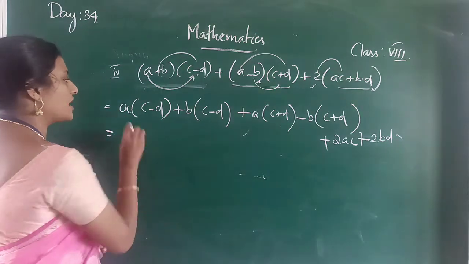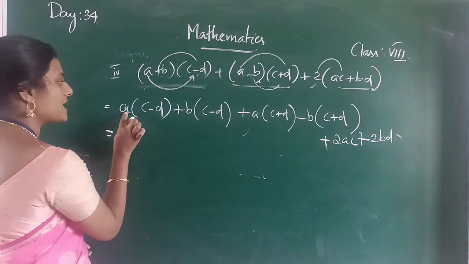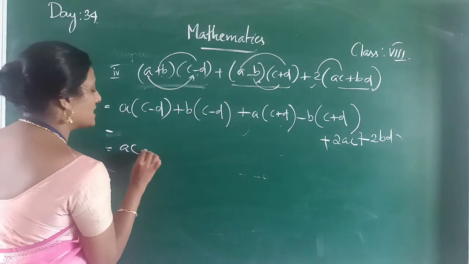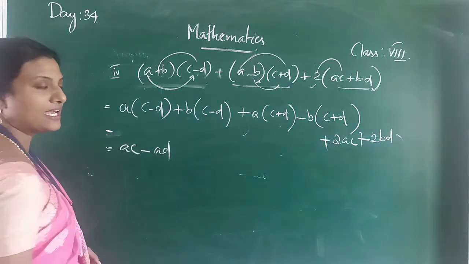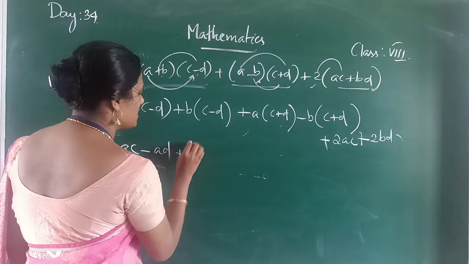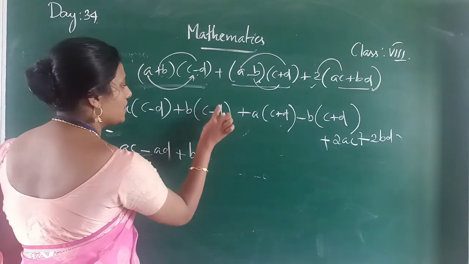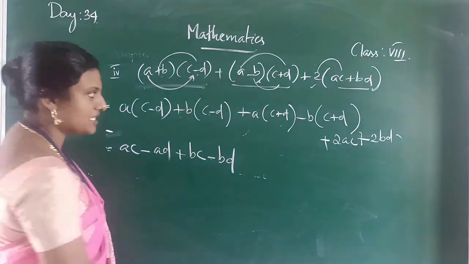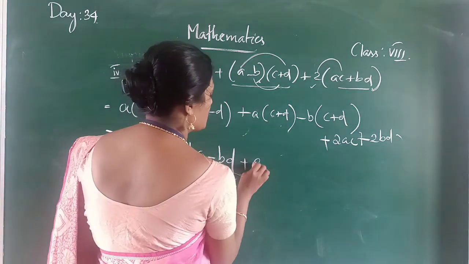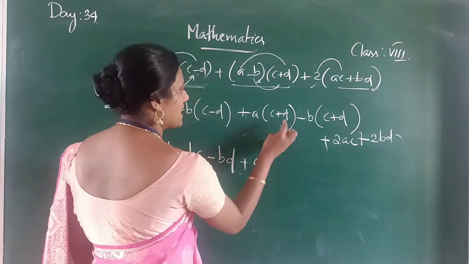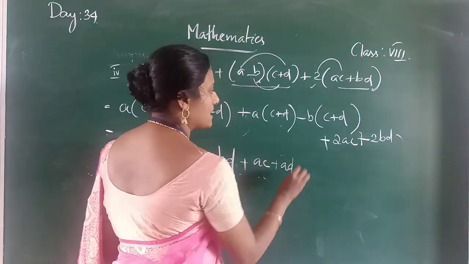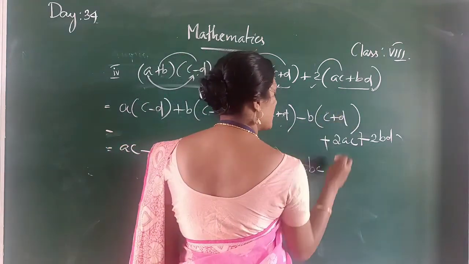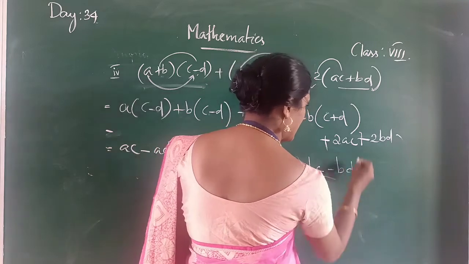This is equal to, you have to simplify these brackets also. That is a into c is ac. Next, a into minus d is minus ad. Next, b into c is plus bc. b into minus d is minus bd, because positive into negative is negative. Next, plus a into c is ac, plus a into d is ad. Next, minus b into c is minus bc, minus b into d is minus bd,